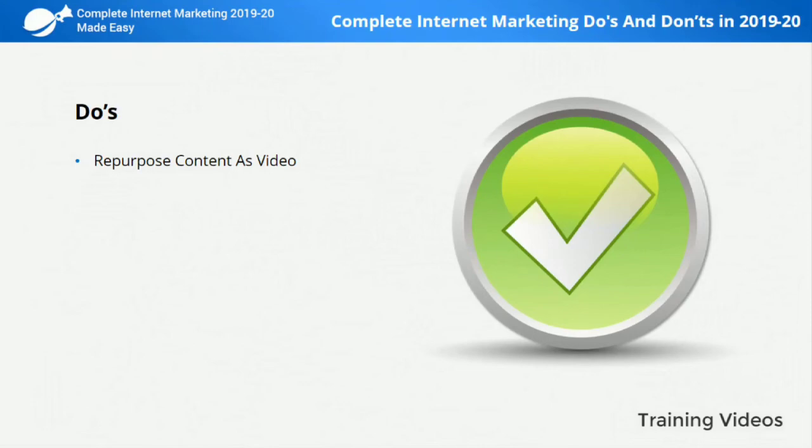Repurpose content as video. Video marketing increases revenue by as much as 49% when used properly. And because of that, we encourage you to repurpose your most engaging content as video. Advertise. We recommend you to supplement your organic marketing strategies by investing in paid advertising on every campaign. Search ads, display ads, video ads, and social media ads will boost your campaigns and your return on investment.